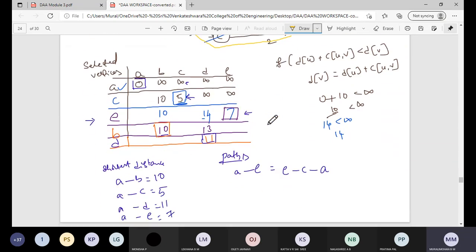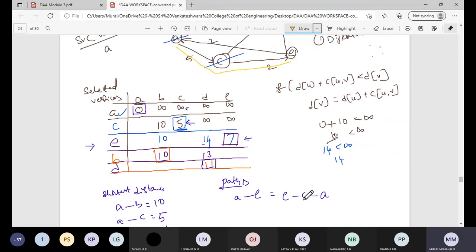Now here, that is what we are getting. So A to C we are going, right? And C to E we are coming. You can write this in reverse order. In this order we traced with the backward method, that is E to C we have gone, C to A we have gone, right? So when we are writing the path, we can write like this: A to C and C to E. So this is the path from A to E. Is it clear?